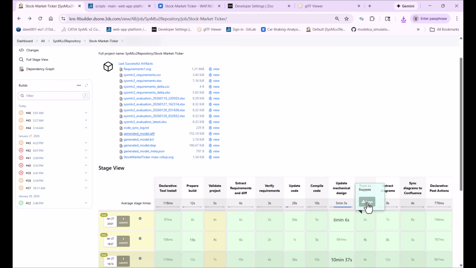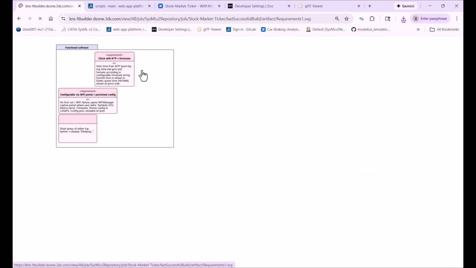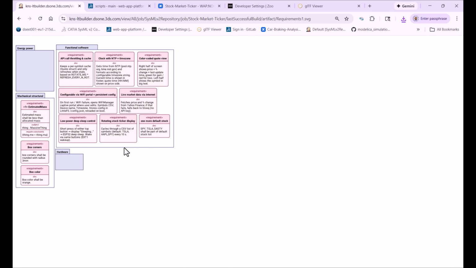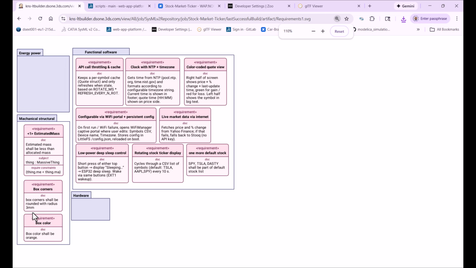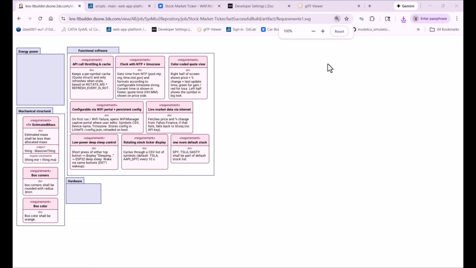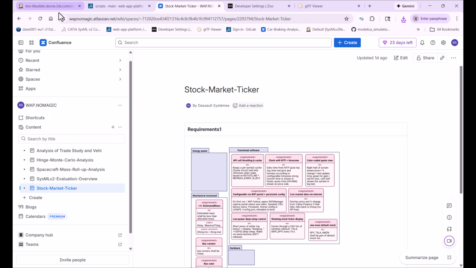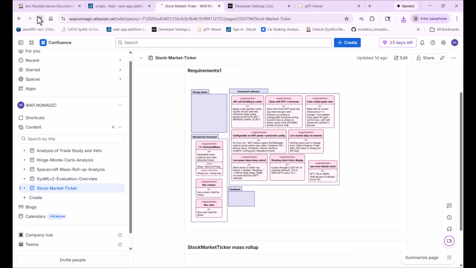Okay, what's next? Push everything to Git. So we already took a look at that. Extract diagrams. So we can take a look at those diagrams. We can take a look here, you see the changes, orange, 3 millimeters. But also we can take a look at that in the Confluence. And if we refresh,